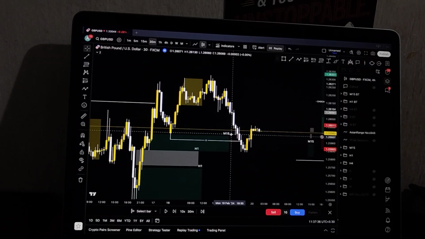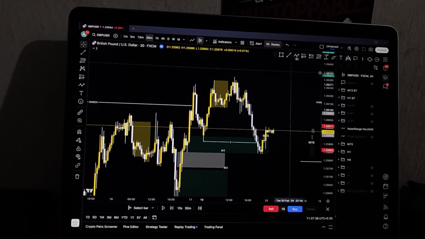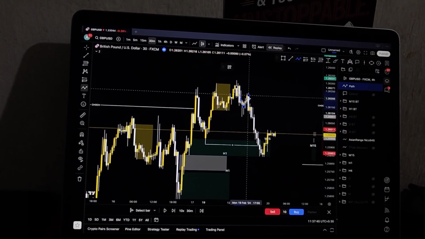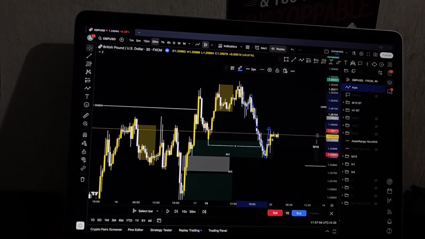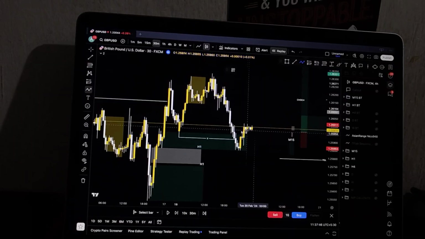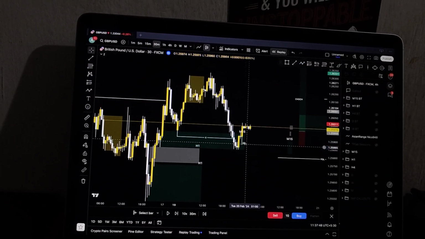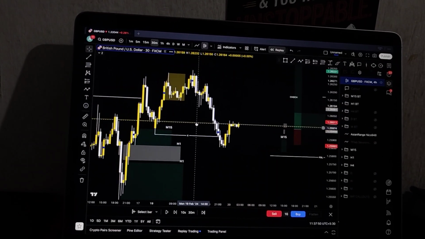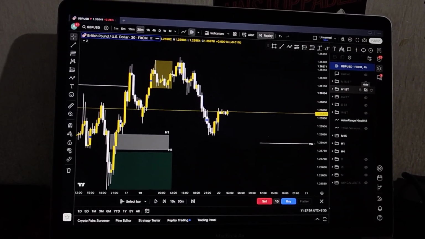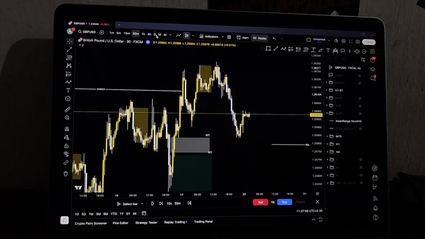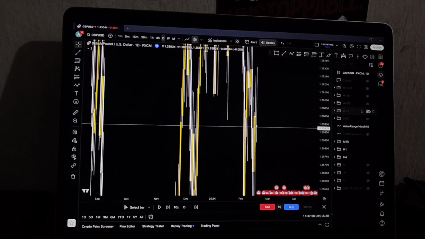I did get it, yeah. Look, my M15 demand zone was mitigated, but this was very late in the day, which was 10 p.m. I don't trade at 10 p.m. This is when I get out of the chart. So the move did happen. The demand zone that I have marked did get respected, but it was very late in the day, so I didn't trade it. And yes, so going on to Tuesday now.